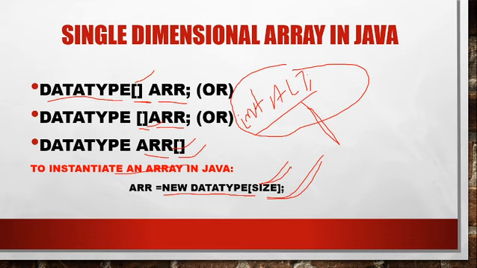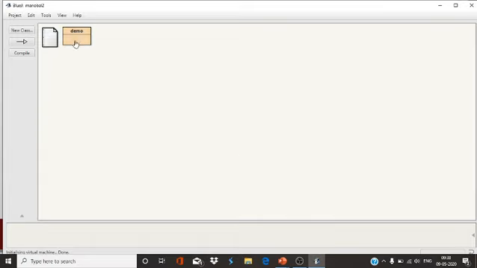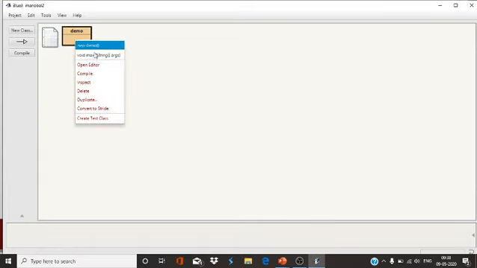Now I will explain this Java array with some examples. First, I will declare an array of size 10, accept the values, and print those values in different ways. Let's come to BlueJ where I'm going to write the program.